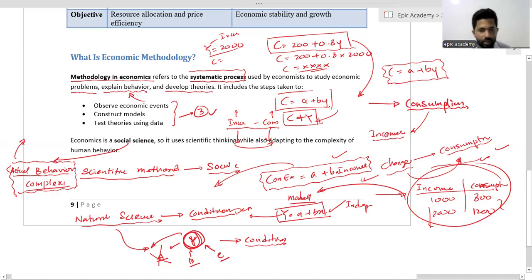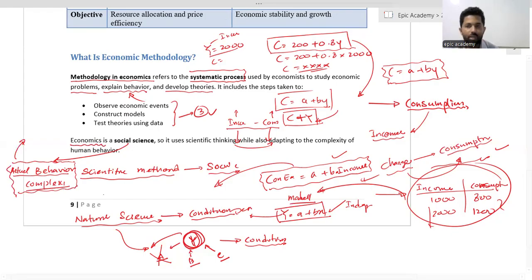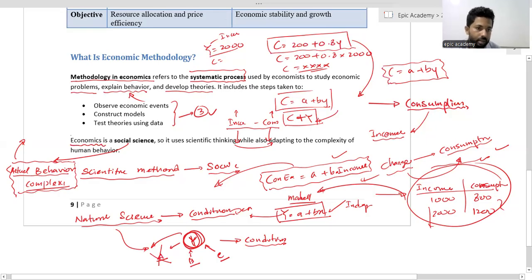But the subject of economics is different from other social sciences, like history, psychology, anthropology, or any other subject. If we compare the niche of the subject with other social science subjects, the behavior and methodology which we use in economics is very different from the other social science subjects. That is why we can use